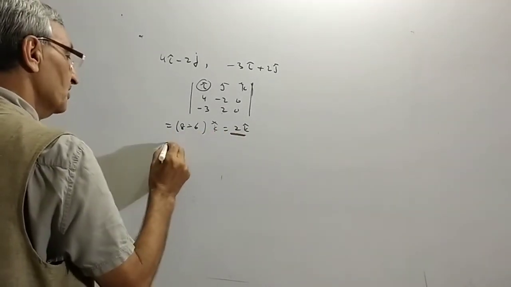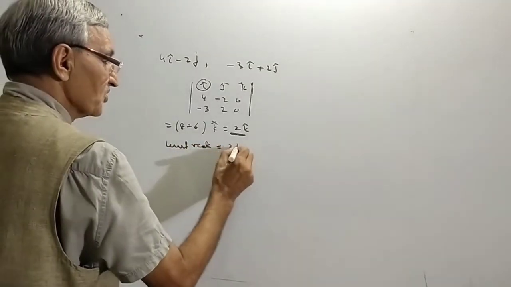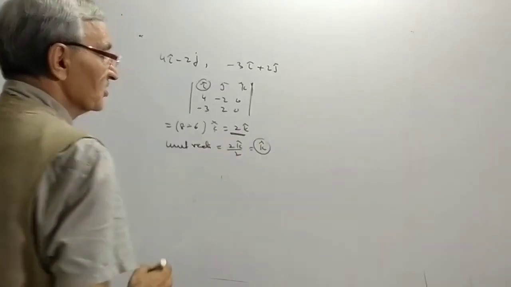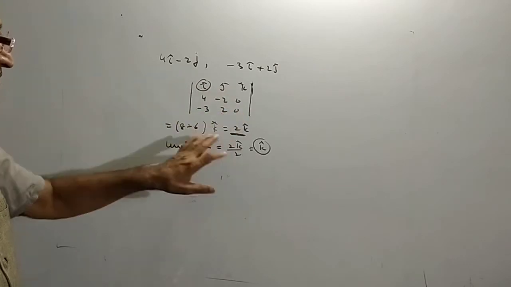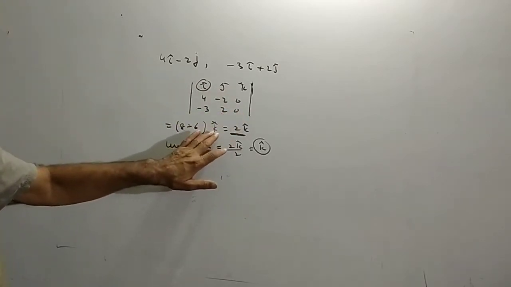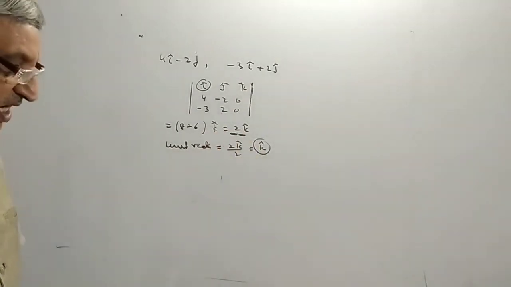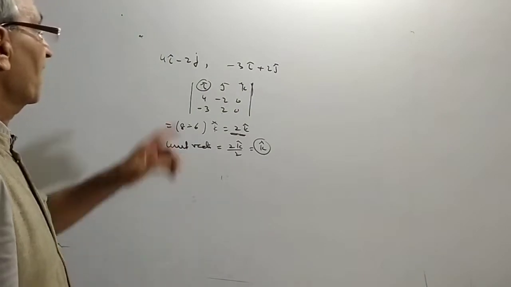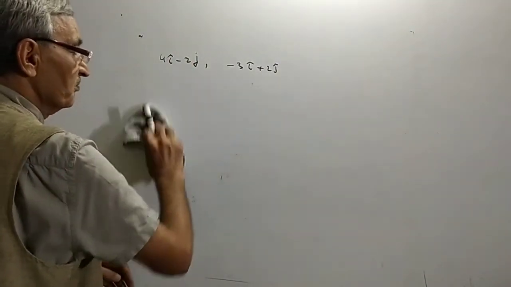Then what is the unit vector? The unit vector is equal to the vector divided by its magnitude. Its magnitude is 2, therefore the answer is k. The choice is k, so I just filter away how to do it. So k is the only answer here. 2k is perpendicular to both of them, and this is the unit vector. This was in 2011. You could have cross multiplied also. This was simple.